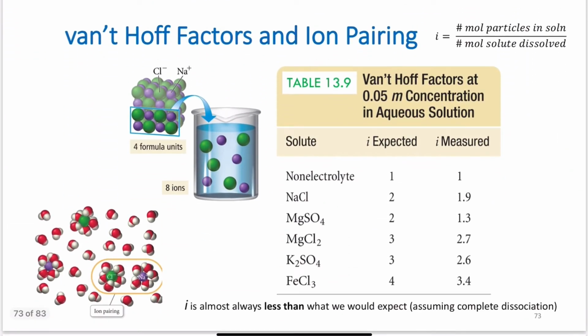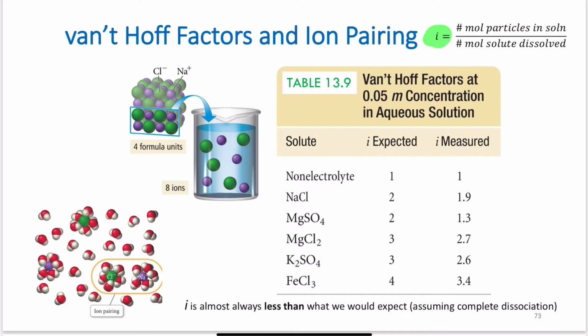That brings us to the Van't Hoff factor and ion pairing. Van't Hoff factor is this value of i that I keep talking about. And I told you guys that it's 1 if it's a non-electrolyte. Otherwise, it depends on how much the particle breaks apart. It's the number of moles of particles in solution divided by the number of moles of solute actually dissolved. Non-electrolytes, expected and measured, i is equal to 1